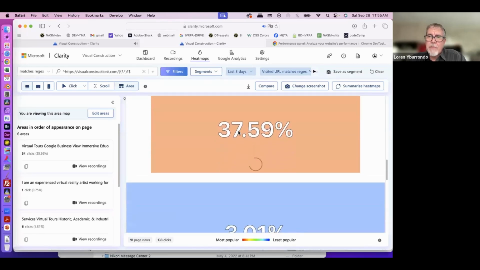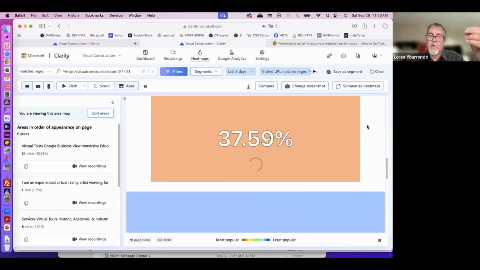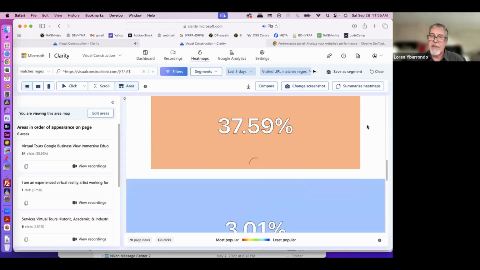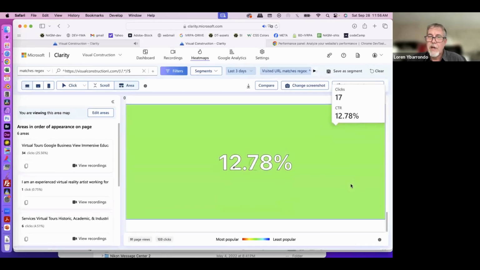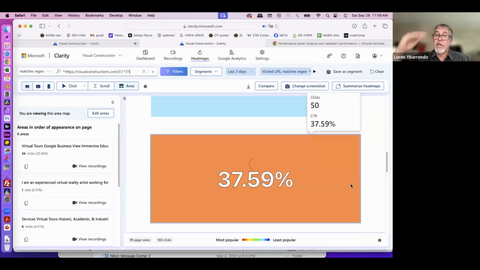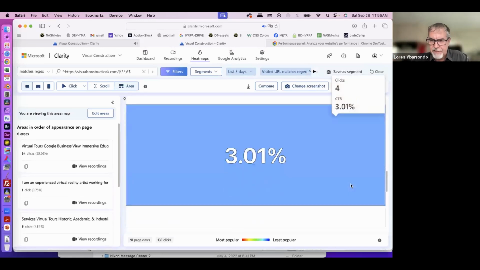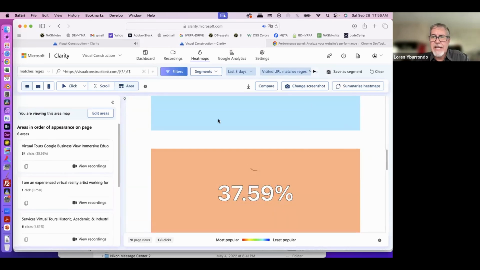And this for me is quite important because, it's not showing you, but trust me, in the background here I have a gallery item. So I've got a series of virtual tours that I've built for museums, right? I think this next one's industry or education or something. Well, nobody's visiting that gallery, and putting them in a line like that, nobody is visiting the next two areas. So I'm going to have to redesign that. But here's